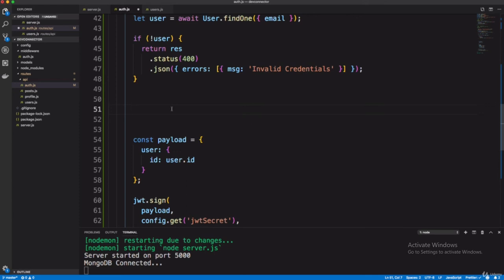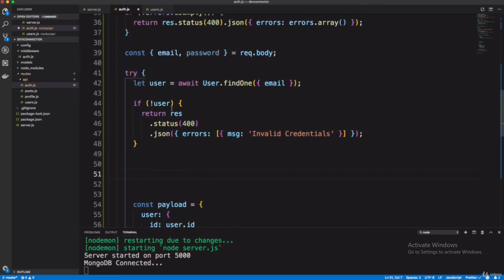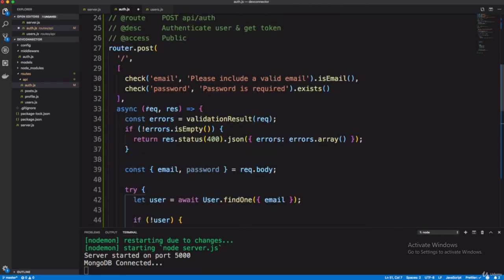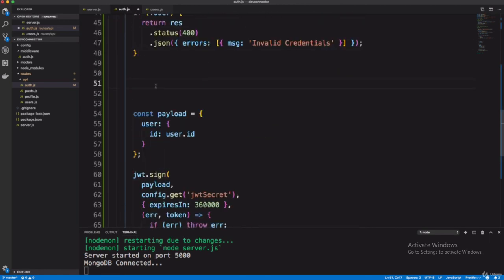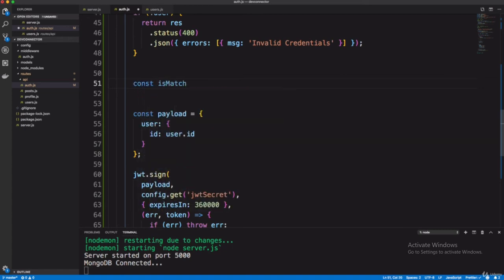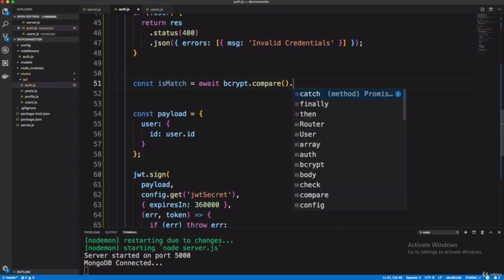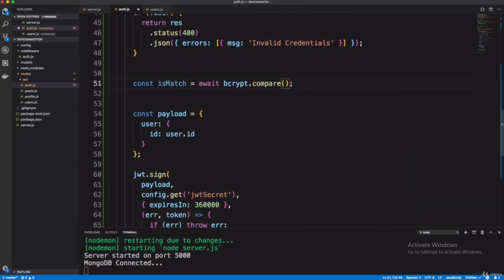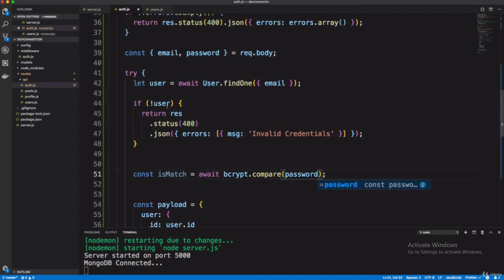Here I am writing const isMatch equals await bcrypt.compare, comparing the password with the user password, the password comma user dot password.